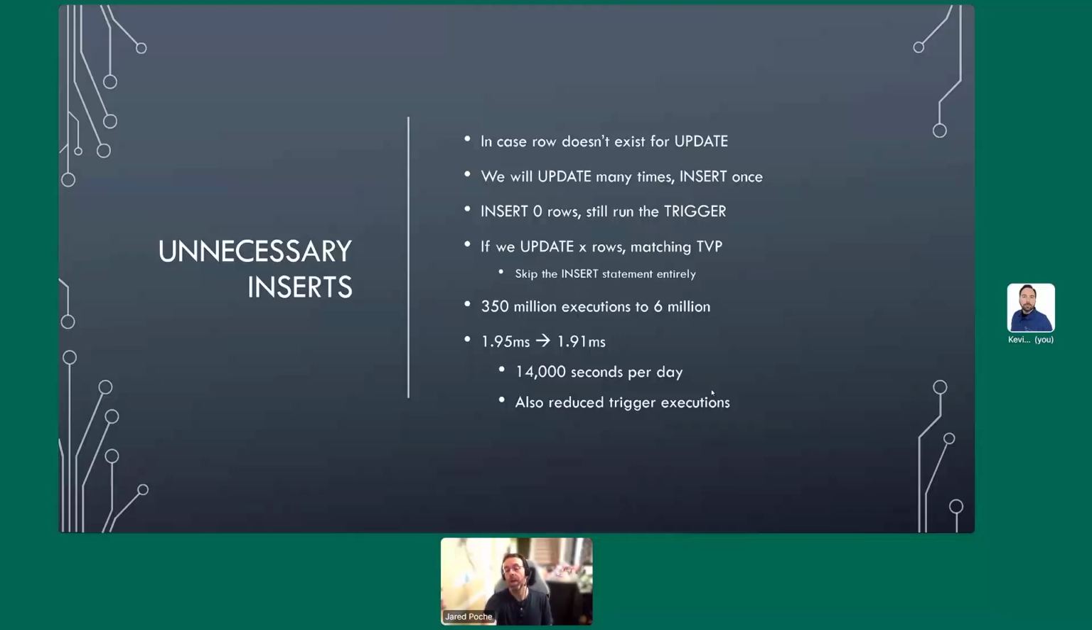I did figure out why this was such a small improvement. The insert statement's execution plan was actually being really efficient. It was querying the underlying table, it was querying the table variable, joining and coming up with 0 rows. And part of that is the way that